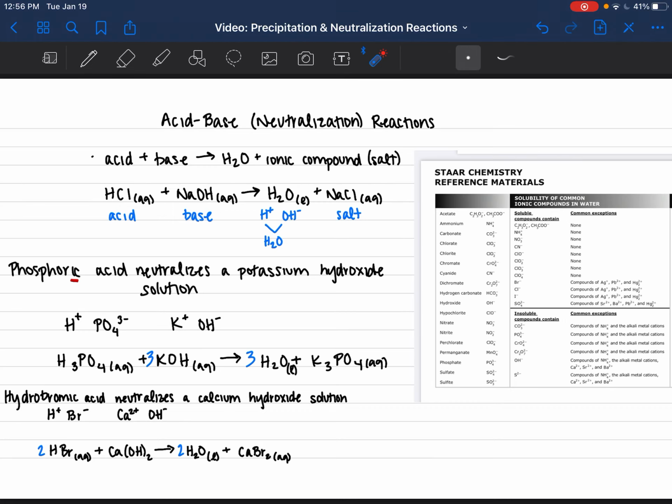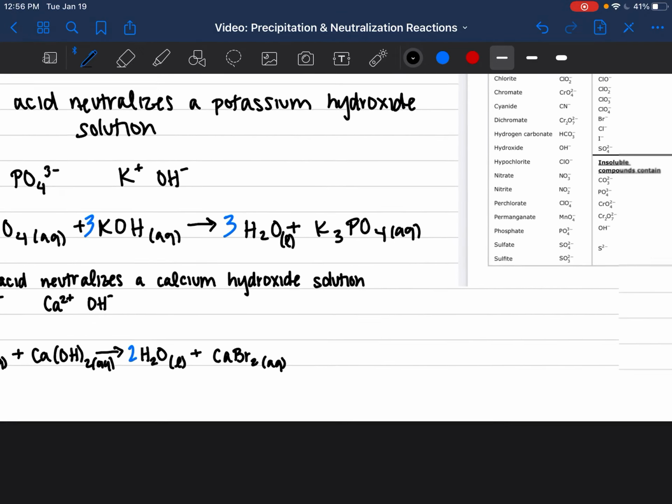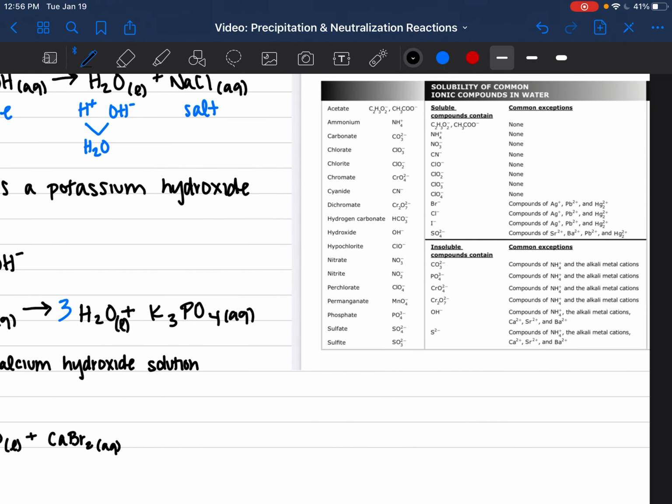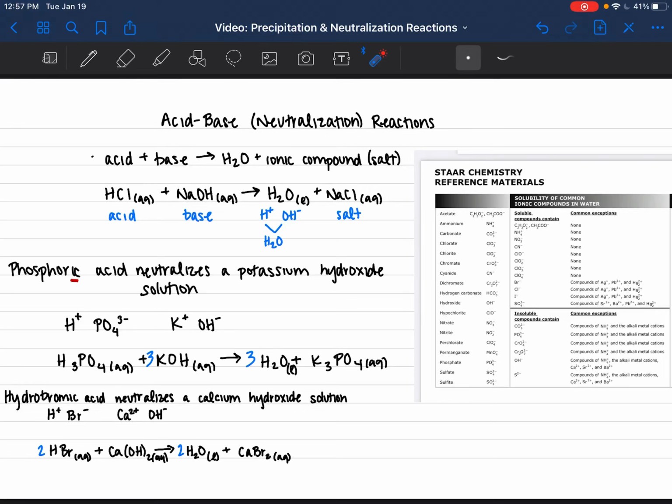And again, I should have put my state of matter right here on calcium hydroxide. Let's go ahead and do that. So this was also aqueous by following the rules right here. So hydroxides are insoluble unless combined with one of these. So here's my calcium. So it makes it soluble or aqueous. And again, I added these 2 for the coefficients and 2 on this side to balance my